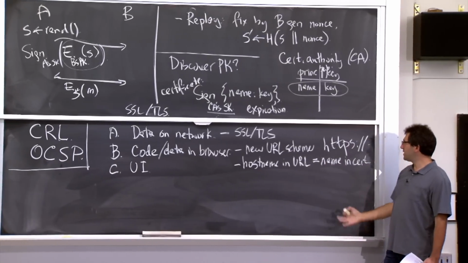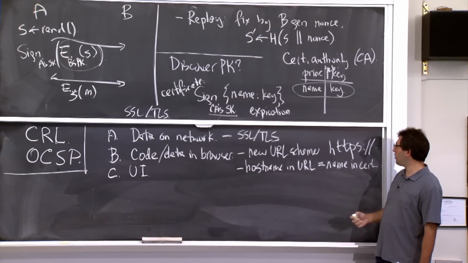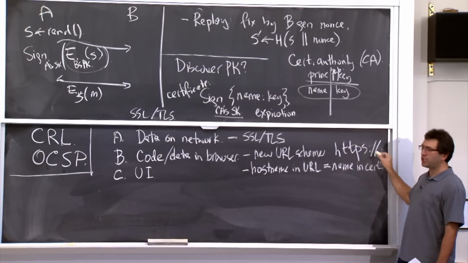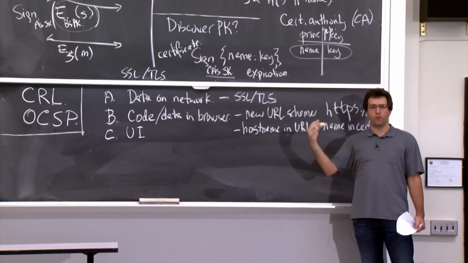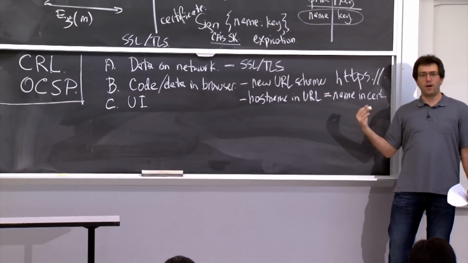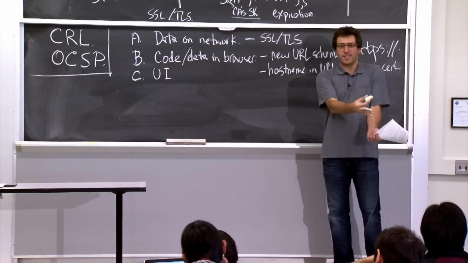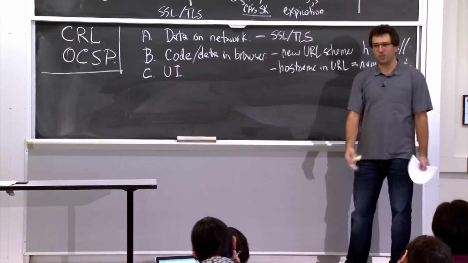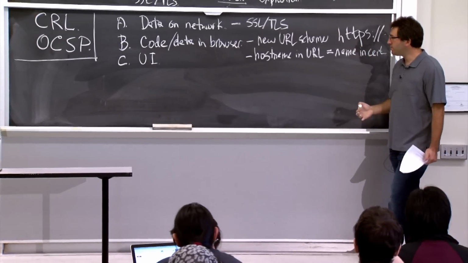So if it tries to connect or get a URL that's https://foo.com, it better be the case that the server presents a certificate for foo.com exactly. Otherwise, we'll say, well, we tried to connect to one guy, but we actually got another guy. That's a different name in the certificate than the one we connected to. And that'll be a certificate mismatch.